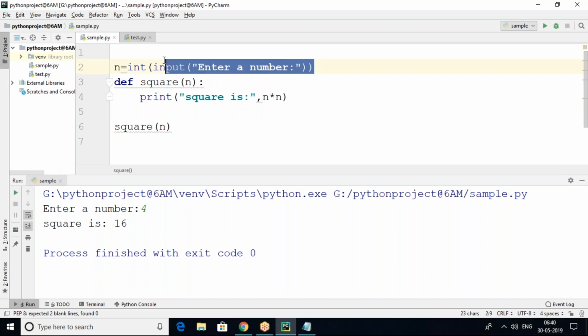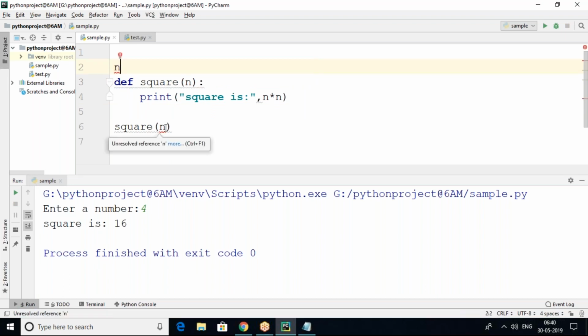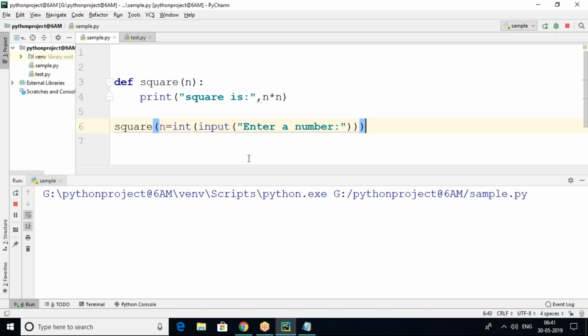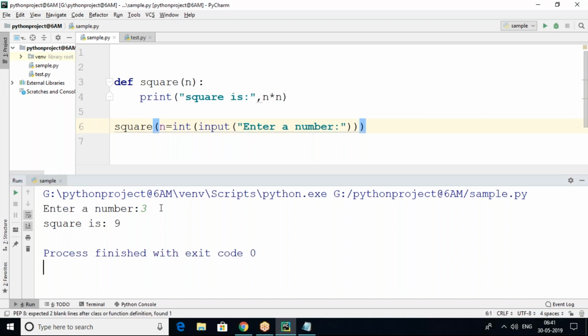Sir, is it possible to give the complete thing here? Let's cut it, and why don't we give it here only? Yes, it's possible, we can give that. While calling the function, I'm expecting the n value: n equals int of input of "enter a number". So directly we call the function, and whatever number we enter as input at running time,